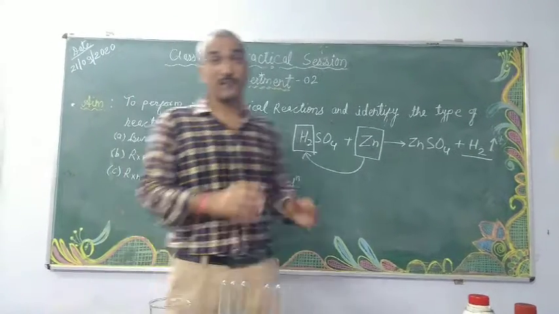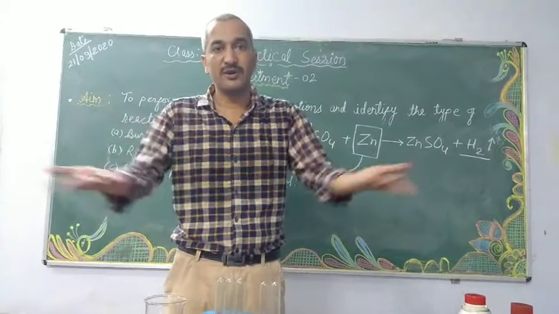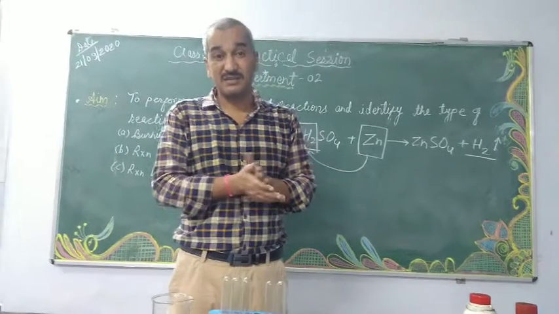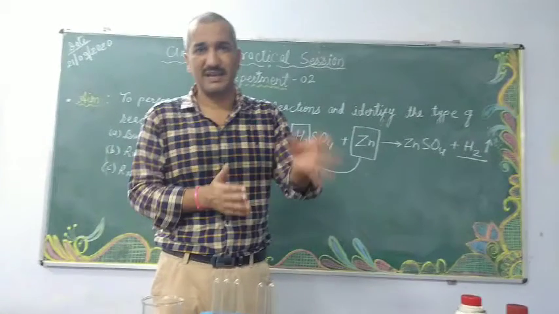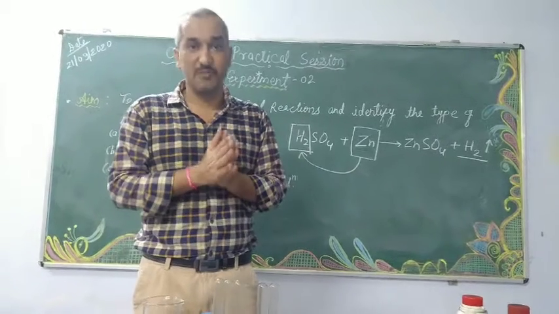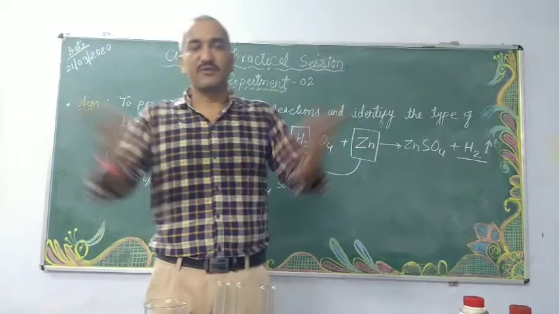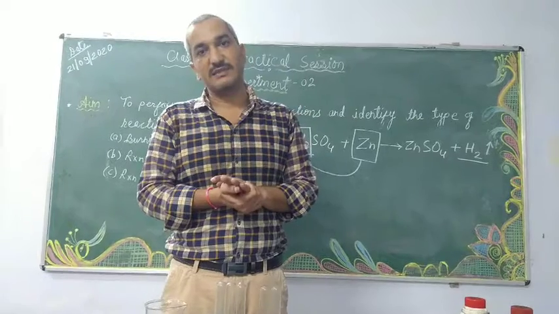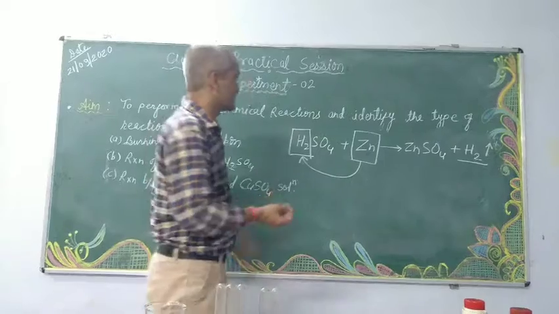In some reactions, what happens? A single substance breaks down into a number of products. Got it? Such a kind of reaction is called a decomposition reaction. Decomposition can take place by heat, light, or electricity. Some kind of energy may be needed for decomposition. Okay. So like calcium carbonate, when it is heated, it turns into calcium oxide and carbon dioxide is released. So one reactant and many products have been formed.